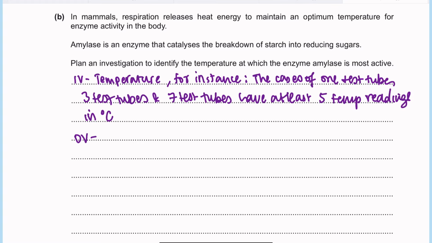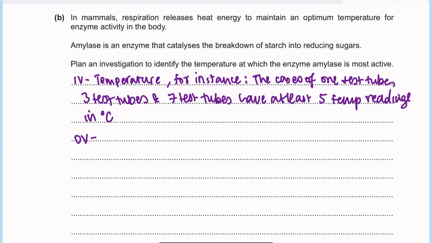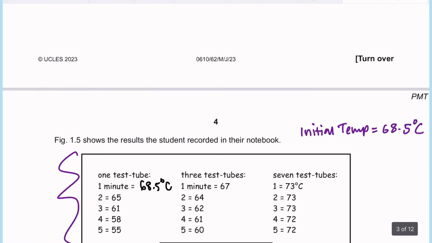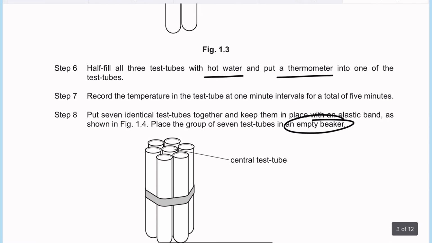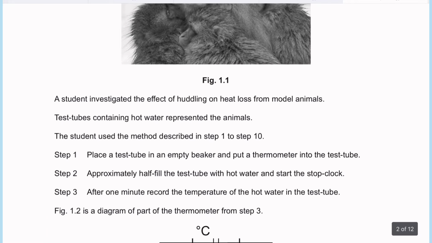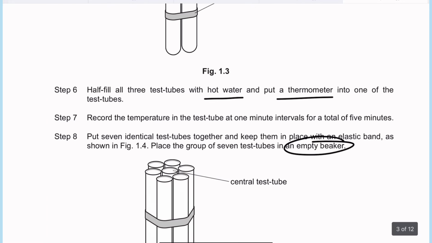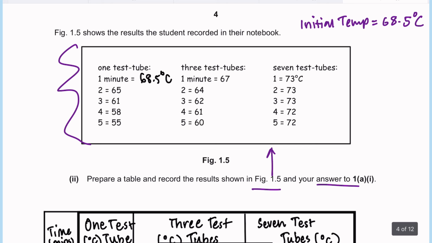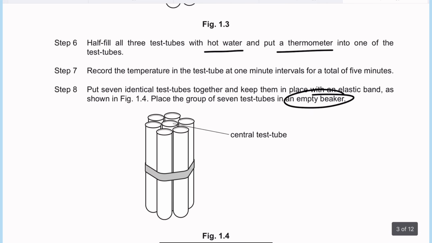The dependent variable is essentially the time taken for the solution, because remember there was hot water, heat loss. The actual measurement was in fact your time taken for the solution to turn into a different